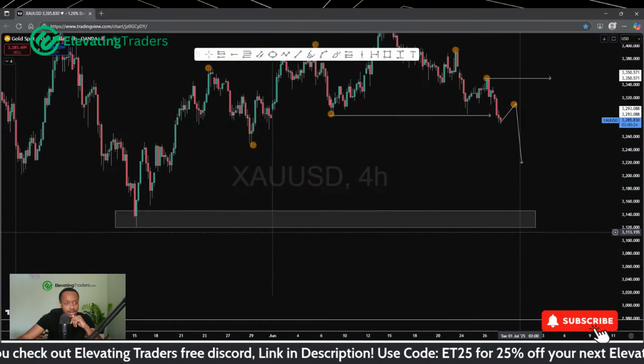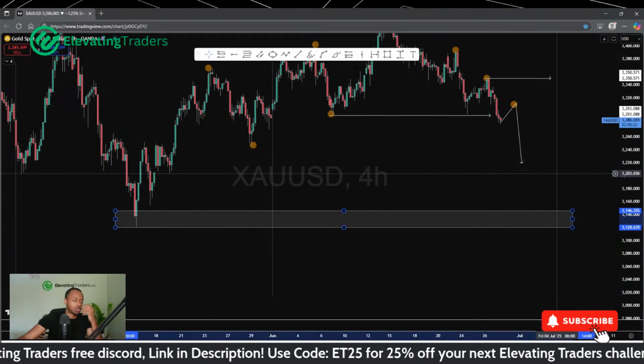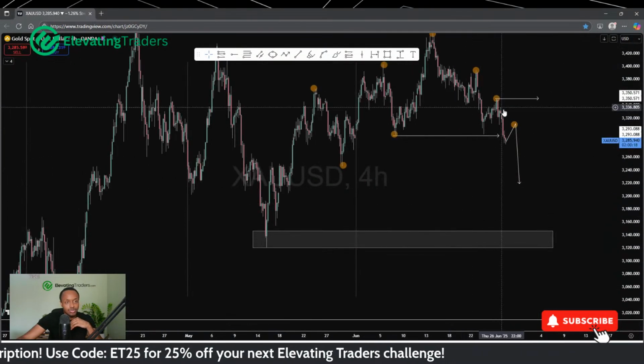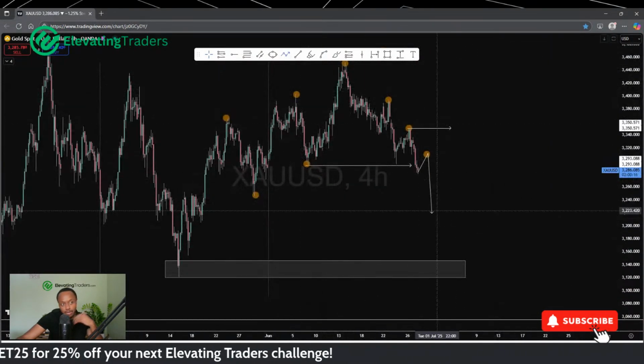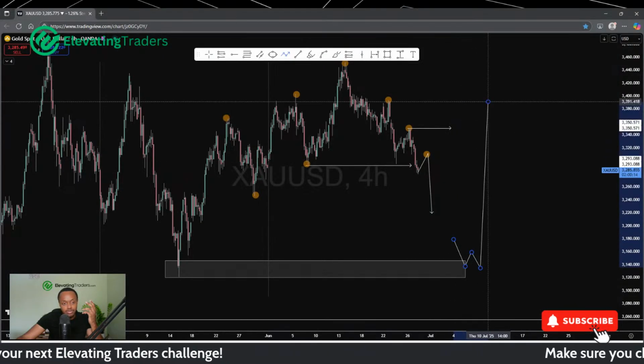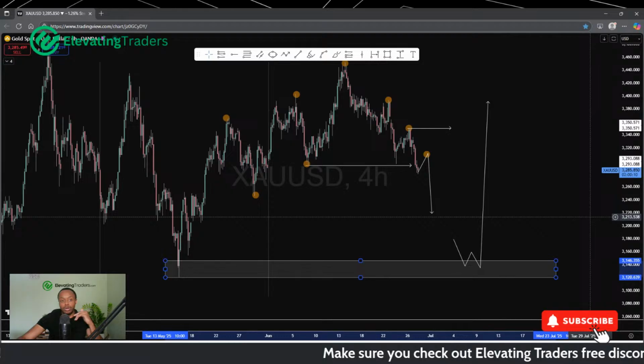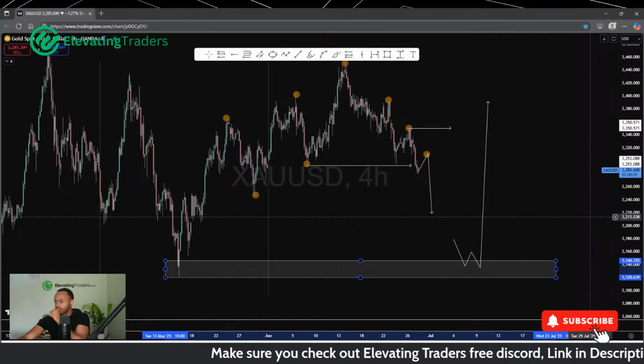This is now my next big target for gold. Of course, long term we're still quite bullish, but we are seeing a lot of failure at the highs here, so I do think we can retrace. And then I'm looking to see maybe if I can pick up some longs from this zone down at 3140, 3150.